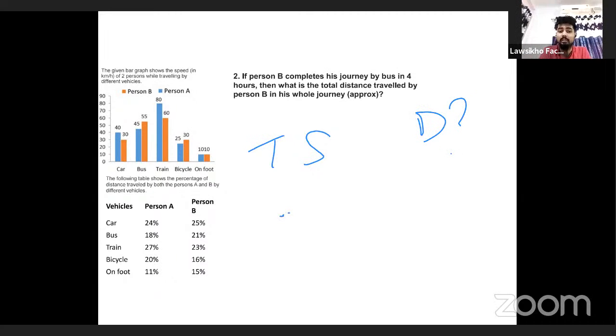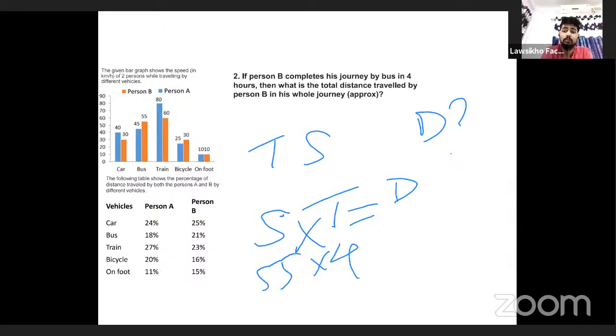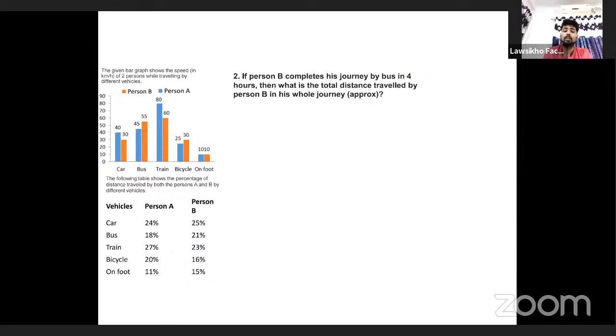अब इक्वेशन क्या होता है? Speed into time is equal to distance. ठीक है? Speed is 55 kilometer, time is 4 hours and this would be nothing but 220 kilometers. ठीक है? तो 220 kilometers is the distance covered by person B by the means of transport which is bus. ठीक है? तो अगर 220 किलोमीटर है बस का एंड बस का शेयर was